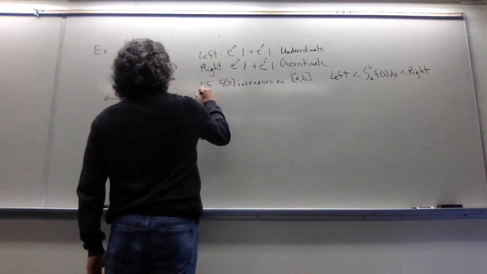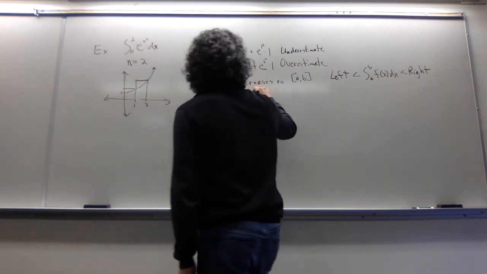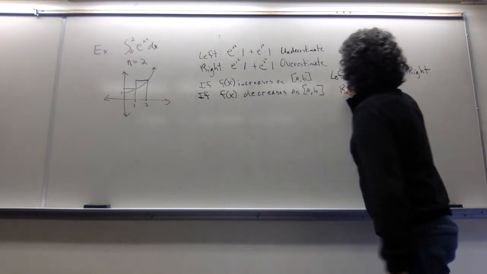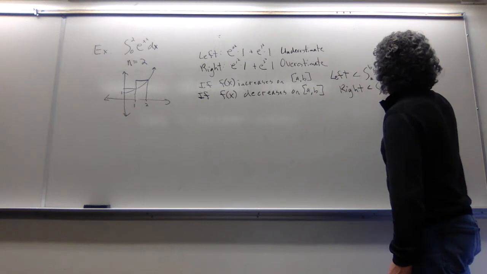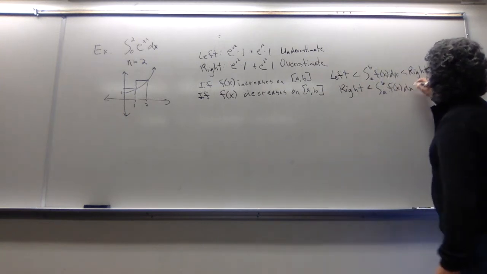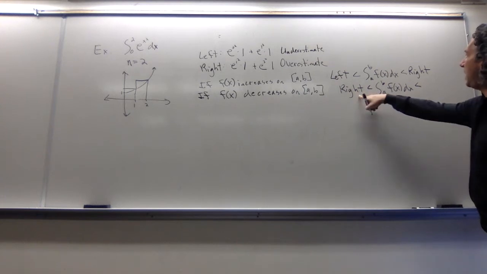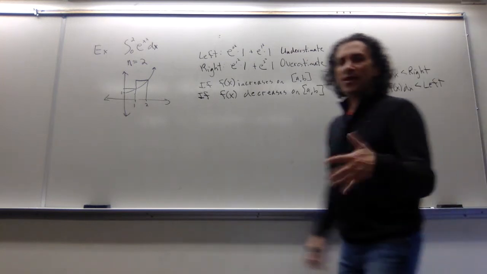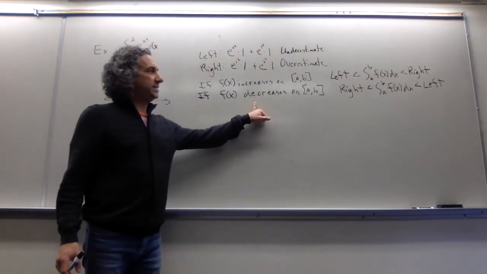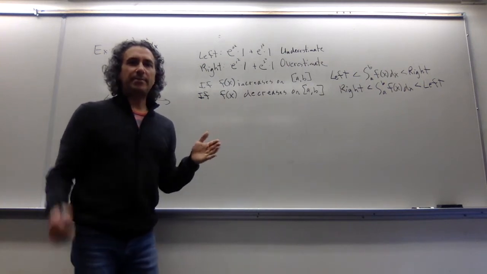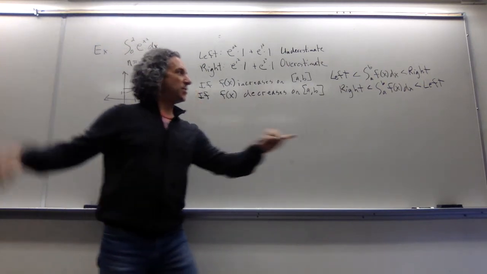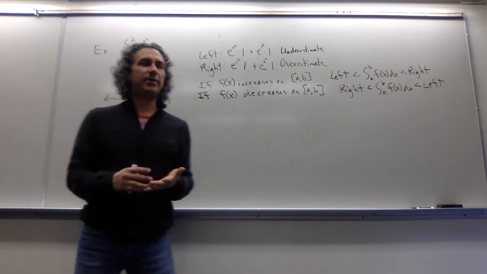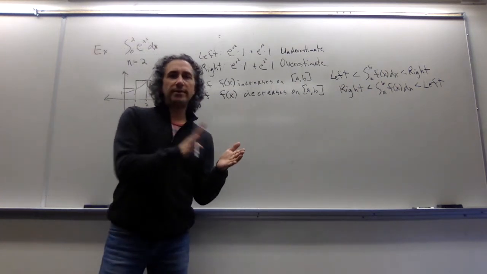And I'll leave it to you guys to convince yourselves what happens if it decreases on the interval. If you draw your picture, you'll see that this is the case. The right sum estimate is going to be lower or less than the integral, which is going to be less than the left sum estimate. And just to think about this intuitively, f of x is decreasing. So if I use the left sum, I'm using the larger of the values always. So that's why it's going to be an overestimate. If I use the right sum, then it's going to be an underestimate because I'm always using the smallest value on the interval.